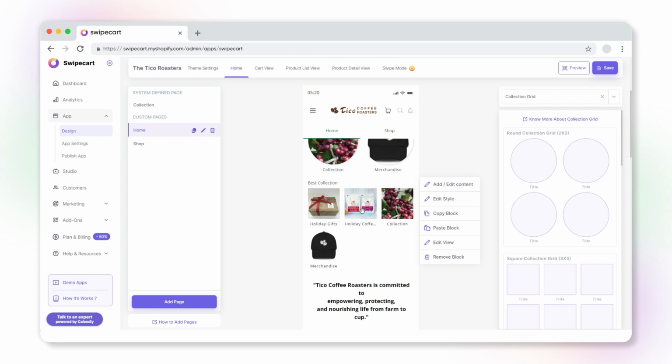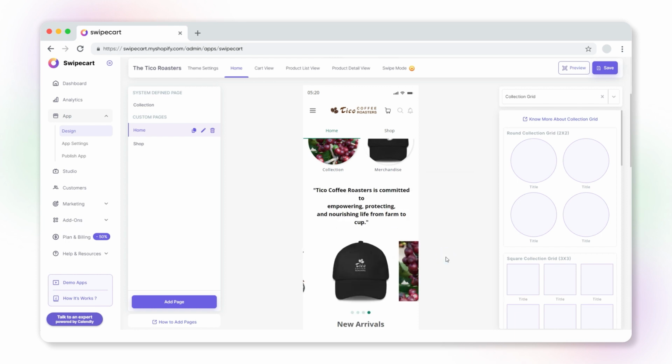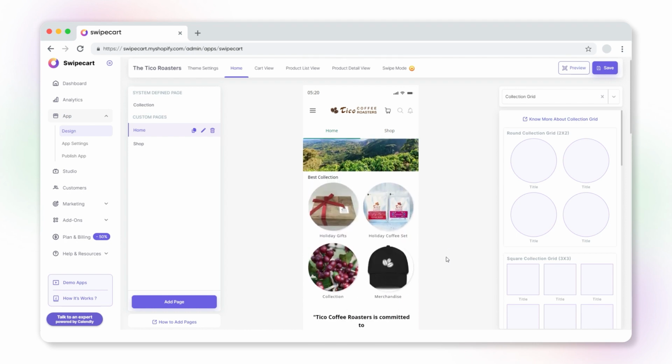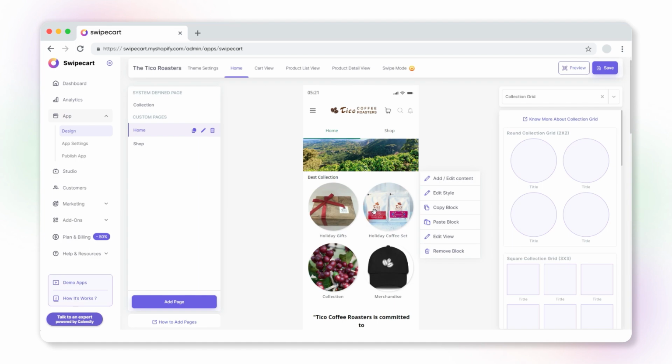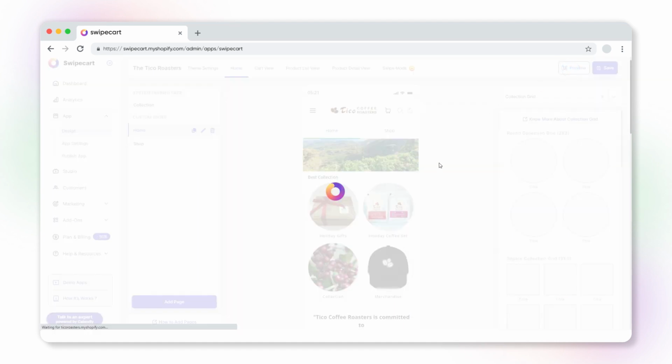You can also remove this block. Hover over the collection grid and click Remove Block. It is removed from the design section. Save the changes. If you wish to be the first to view it, select Preview to see the collection grid